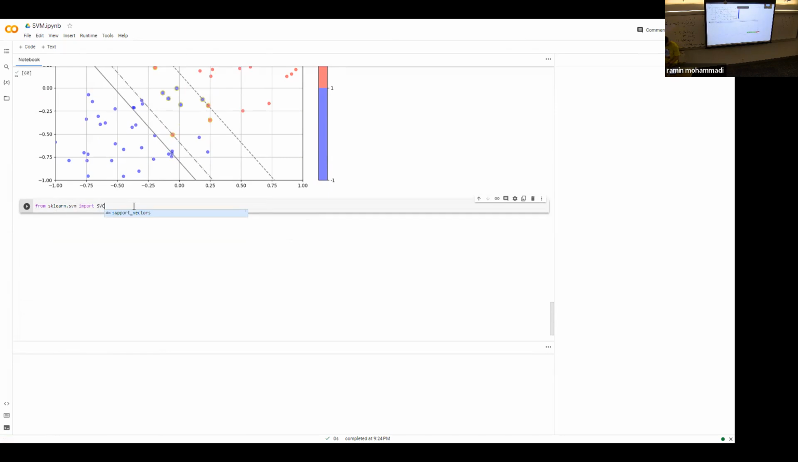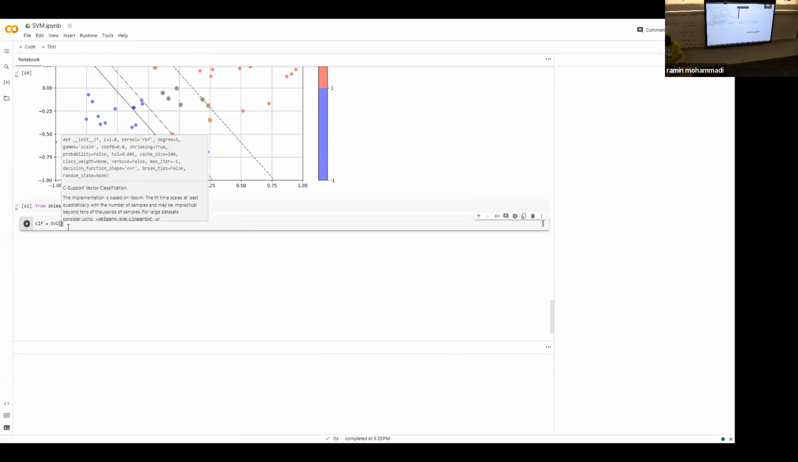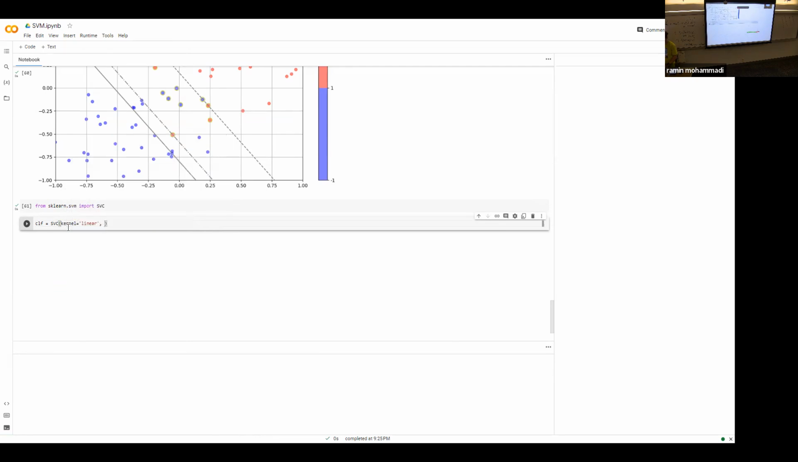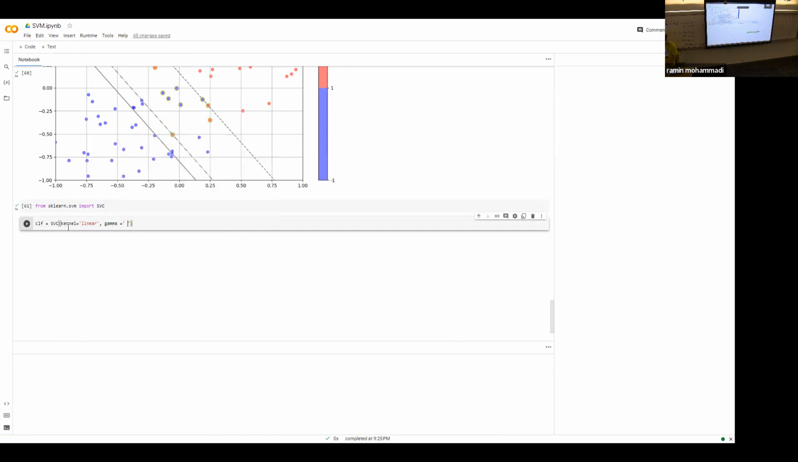One called SVC. Say clf equals SVC, kernel. So you set the kernel to be linear, because we are not passing any kernel. It's a linear classification that we are doing. Gamma to be auto, you don't need to specify it. And C, it was 100. Right? And then we say clf.fit